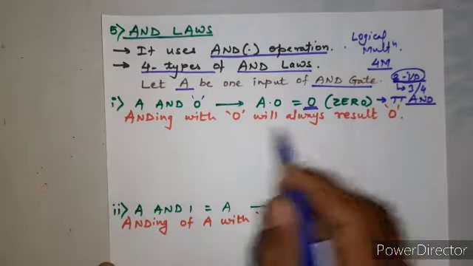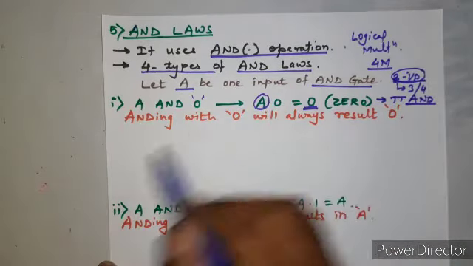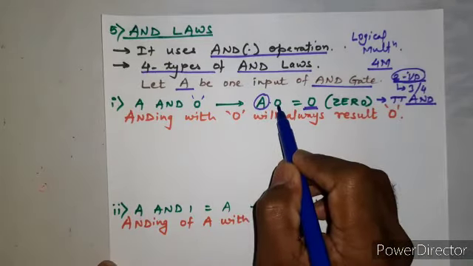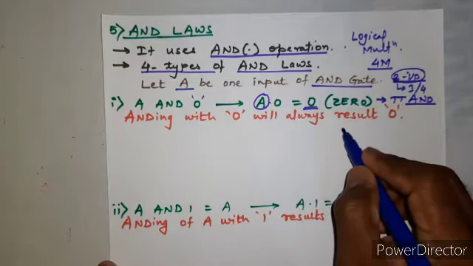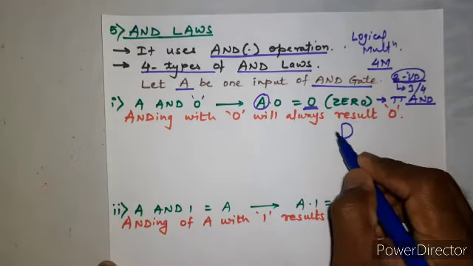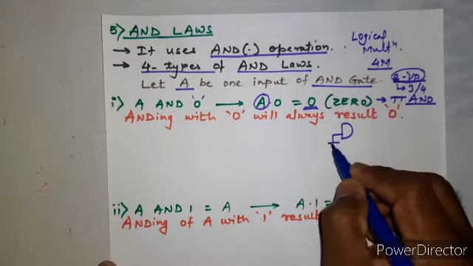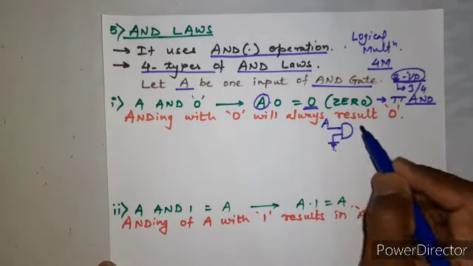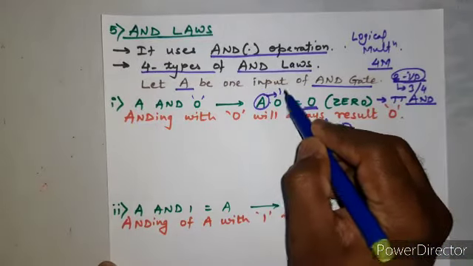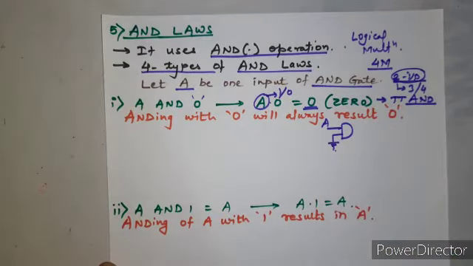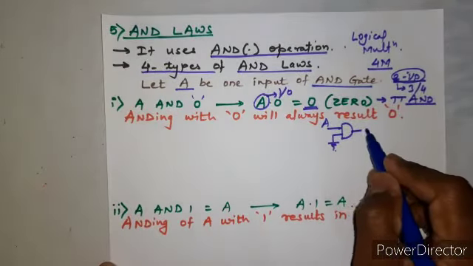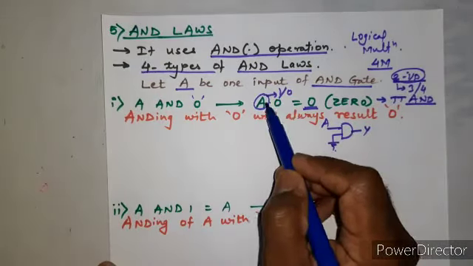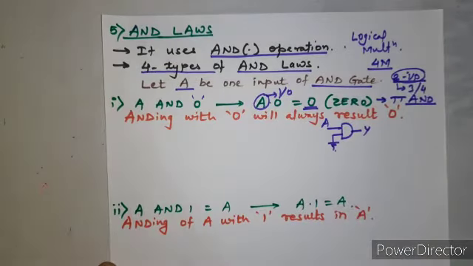So let us see, this A is one of the inputs. Considering a 2 input AND gate, one input is fixed. So diagrammatically, if I am to represent it, I can draw this. Now this 0 means it is grounded, and this is the other input, A. Now A is an input, it can be 1 or it can be 0, and this is the output Y. So now, if A can be 1 or 0, let us try this combination.